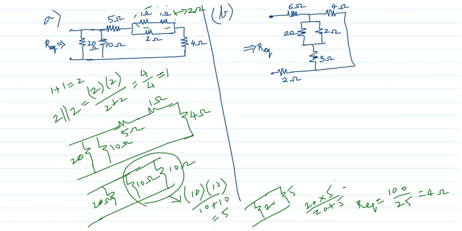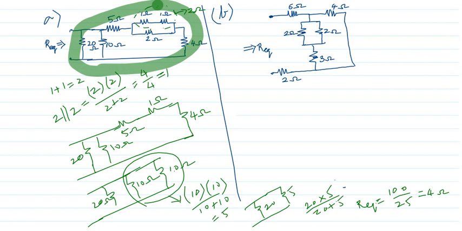So the entire circuit is equal to how many ohms? 4 ohms. Okay, right? And some people may ask, sir, if I solve this 20 10 parallel, then with the result can I go with it again parallel with 10? Yes, that will also give the same answer. Order is not important, right? I have first solved 10 10 parallel, that result I made parallel with 20. If you solve 20 10 parallel, that result you make parallel with 10, it will always give the same answer, 4 ohms, right? Now we move to the next problem.